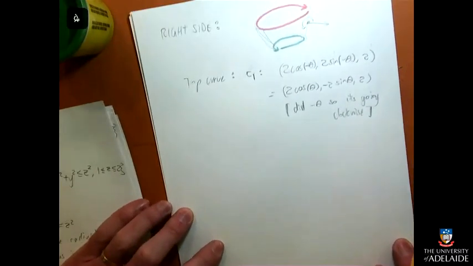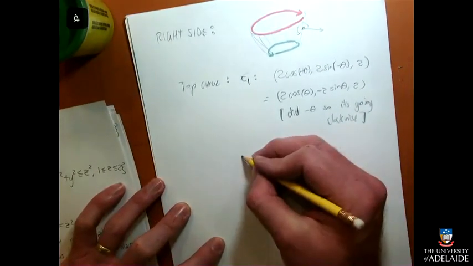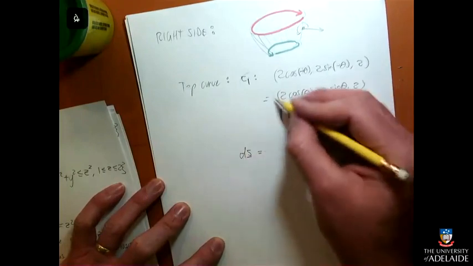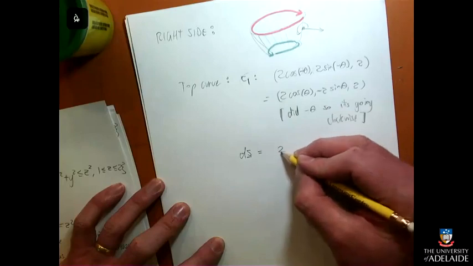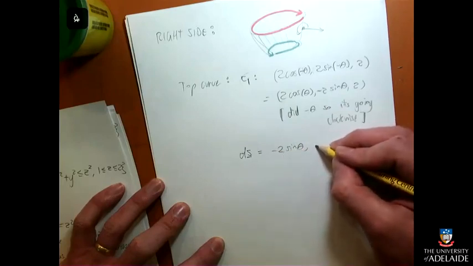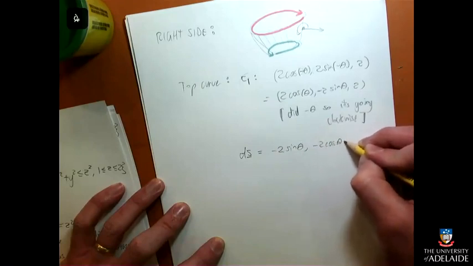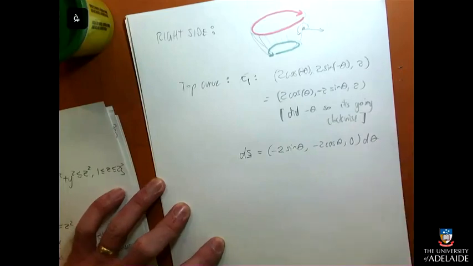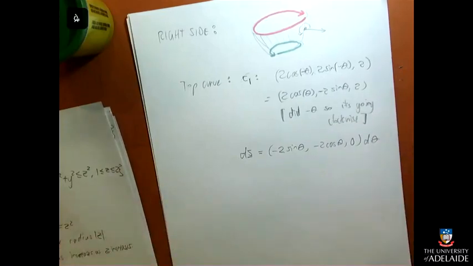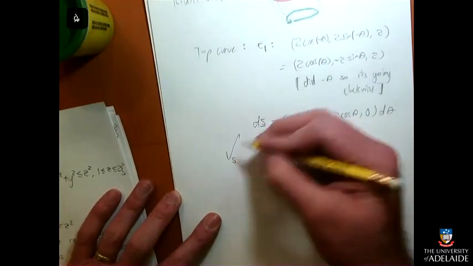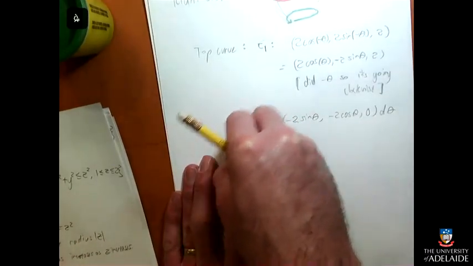Okay, so for that curve, my ds is the derivative of this, d theta. And so the integral around the top curve, which was C1,